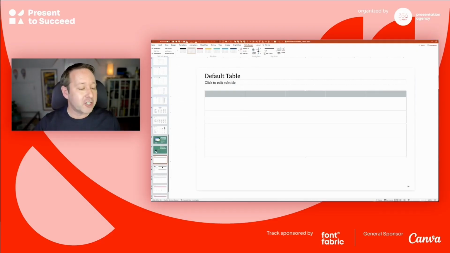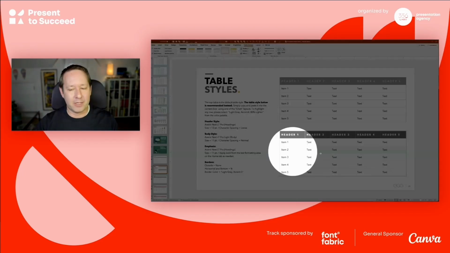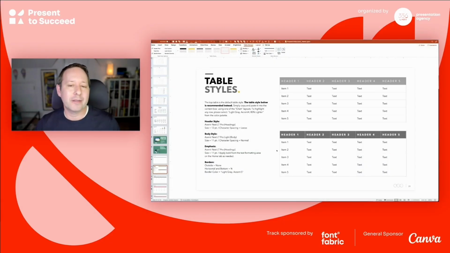But then generally what we'll do in a template is we'll show an example of the default, but then we'll say, but we really want your template to look like this down here. And look, this is partly a losing battle, because you're dealing with your average user. They're probably just going to go with the default one when they insert a new table. They're probably not going to take the extra steps to actually design it the way you would really like it to be designed, and it's unfortunate.